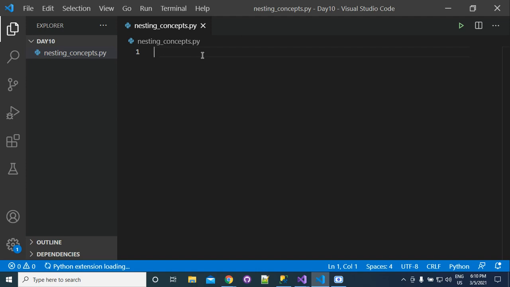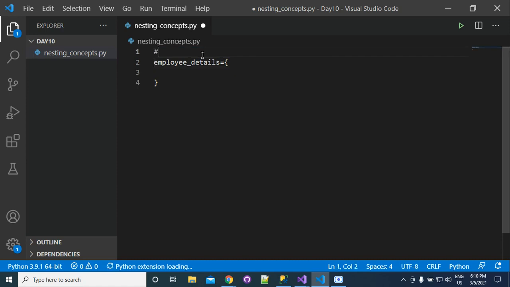Okay, so the problem was, suppose that you have some record. In that record, maybe like this, suppose that you have employee details, and suppose that you want to store this as a dictionary. You have employee name, employee salary, and suppose that you have age.